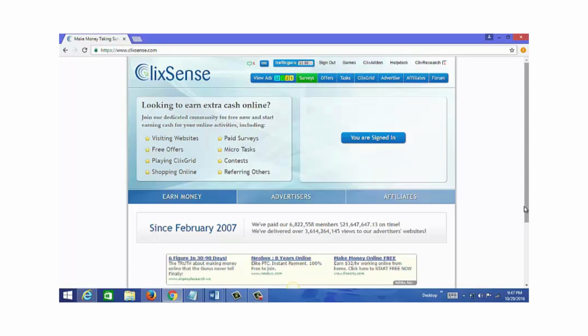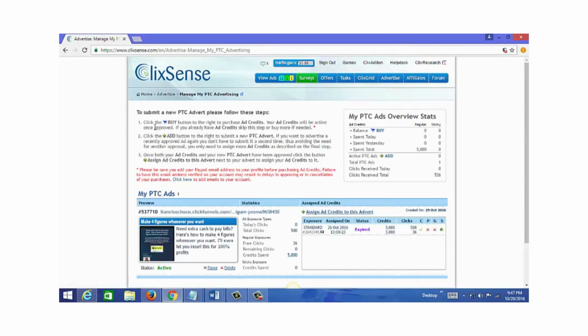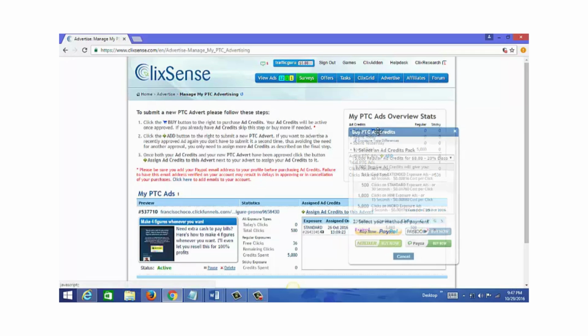In this video, I'm going to go through the first step of placing an ad on the Qlik Sense network. So we would just go to advertise, manage my PTC advertising, and they've outlined the steps here to placing an ad. There's only 3 steps, and it's straightforward. The first step is to purchase ad credits. So to do that, we would just go to buy,